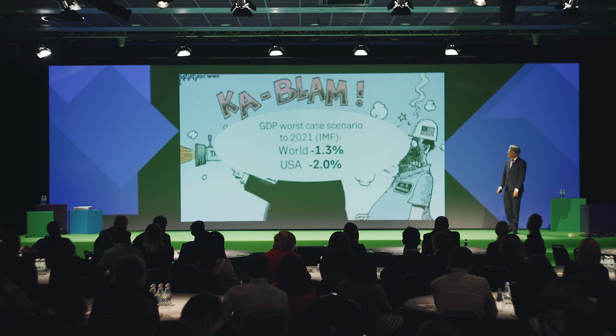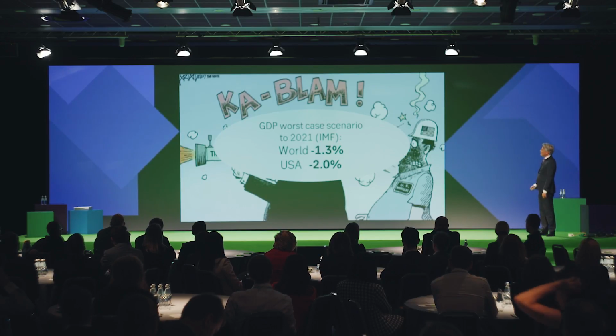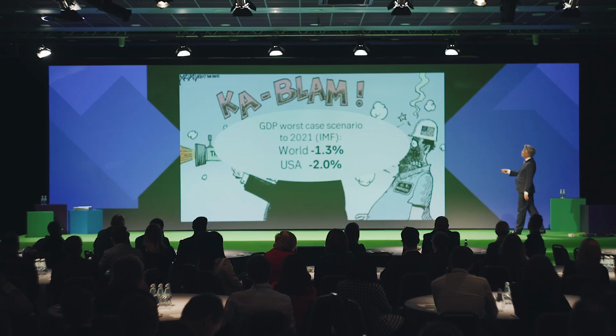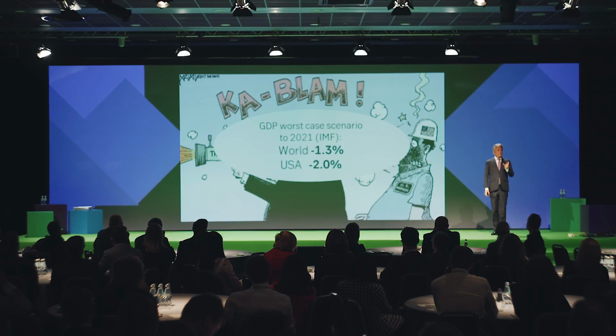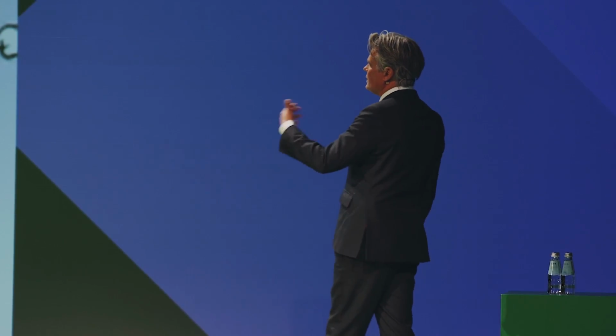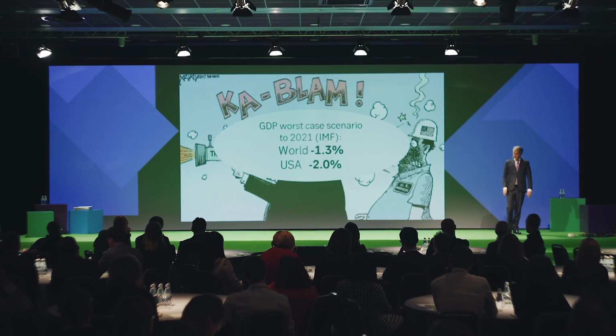Well, the IMF has made some calculations, and given all that has been presented so far, their worst case scenario, basically, is that the world over a 3-year period will probably have 1.3% less growth than otherwise. So a few tenths of a percentage point each year in lower growth because of the trade tariffs and so on that we've seen so far. The US will be slightly more affected.